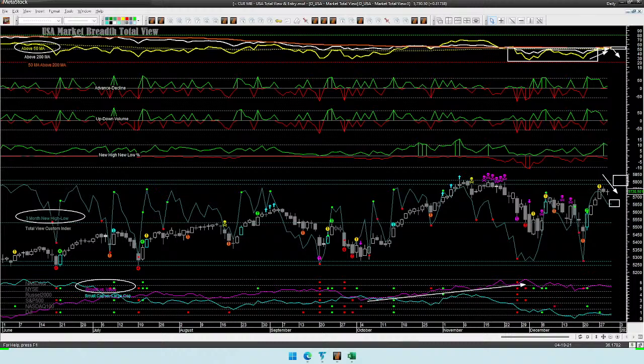Growth versus value, magenta line. Earlier, it was sharply going up. Growth was doing better than value. Now it is tapering off. Not in clear downtrend, moving sideways. So growth, value, none of them are doing extraordinarily better than the other. And small cap versus large cap is continuing to go down. So small caps are doing poorly overall.